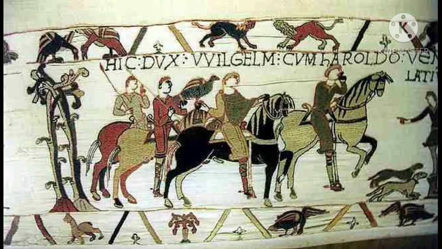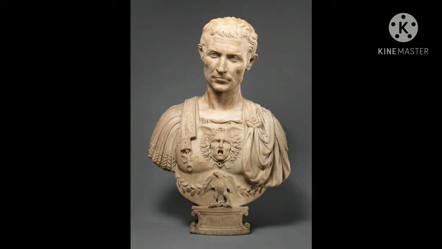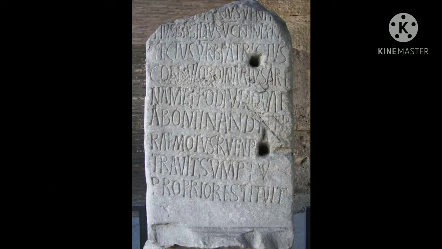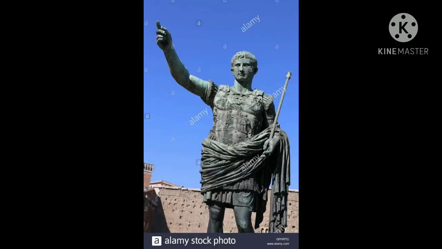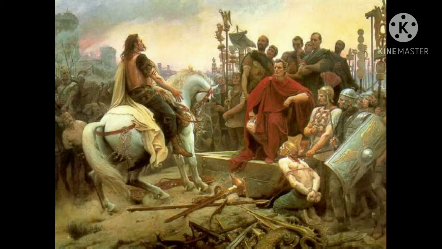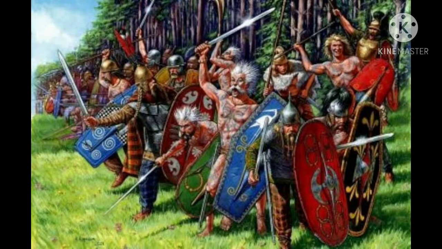Now, I would like to give a brief description of the evolution of the English language. The evolution of the English language is a fascinating story. The first people to inhabit the island of Britain were the Celts. They were mainly farmers. They were conquered by Julius Caesar in 55 BC. The Romans brought with them new words and a new language called Latin. The Romans occupied Britain for nearly 500 years.